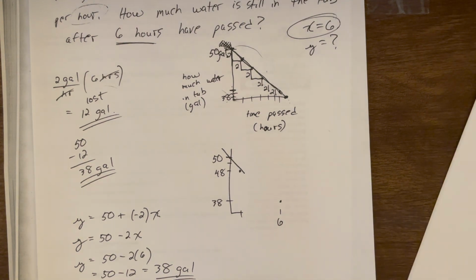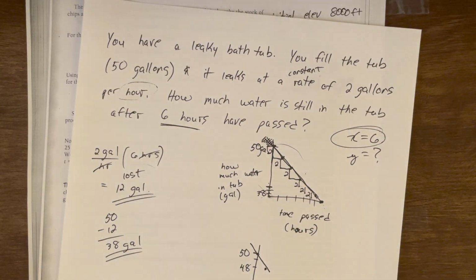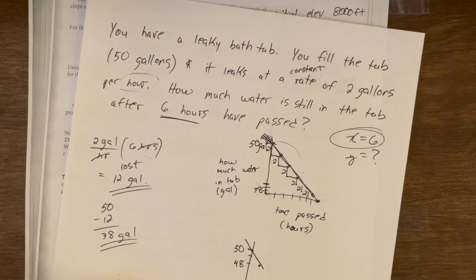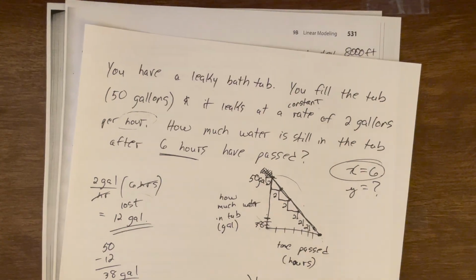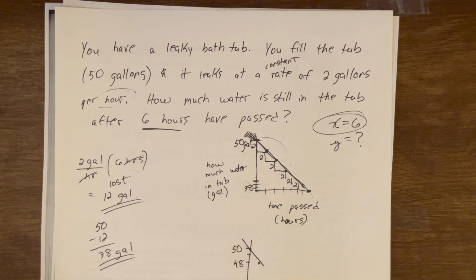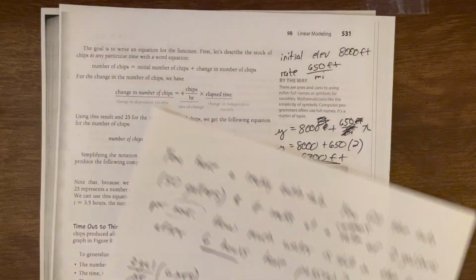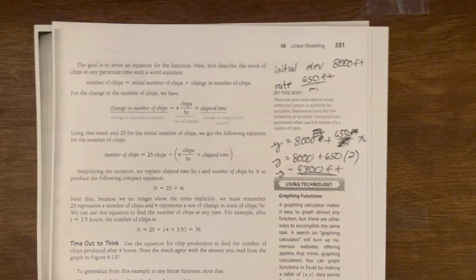So last, very, very last idea. And this is the big part. The idea of rate of change, whether we're looking at the graph of a linear model already given, to be able to use it, to be able to find slope, rate of change, to be able to discuss the rate of change in terms of words, to be able to use a rate of change to answer some basic questions. So that's what we've seen so far. The last little bit